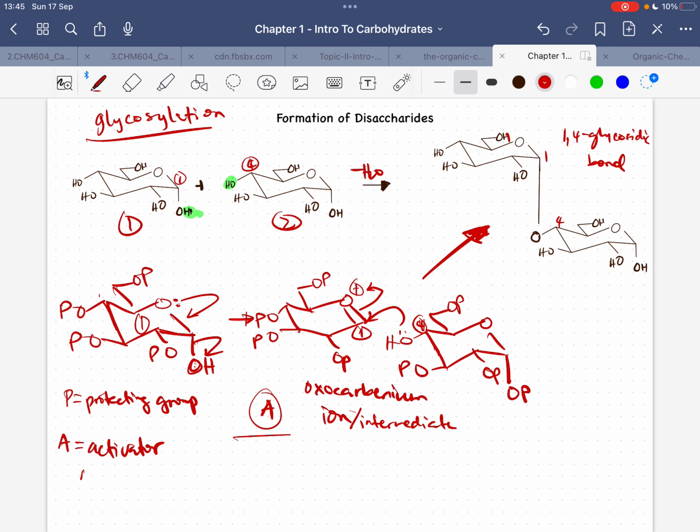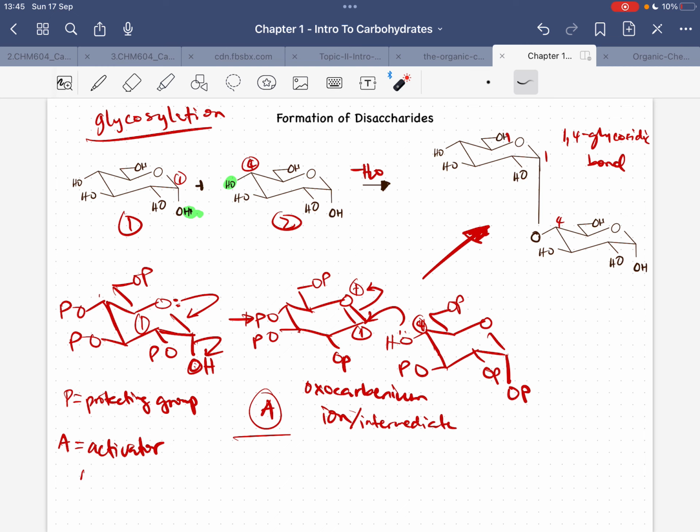Instead of a 1,4 glycosidic bond, what you get could be a connection between this oxygen and this, or it could be this hydroxyl and this, or it could be this primary hydroxyl group with this. So you will not get your one desired product, the 1,4 glycosidic bond. So that's how you do glycosylation in the lab. You need protecting group chemistry. So this is the mechanism in the formation of a disaccharide, and this intermediate also happens in nature itself. So that's how the mechanism works.